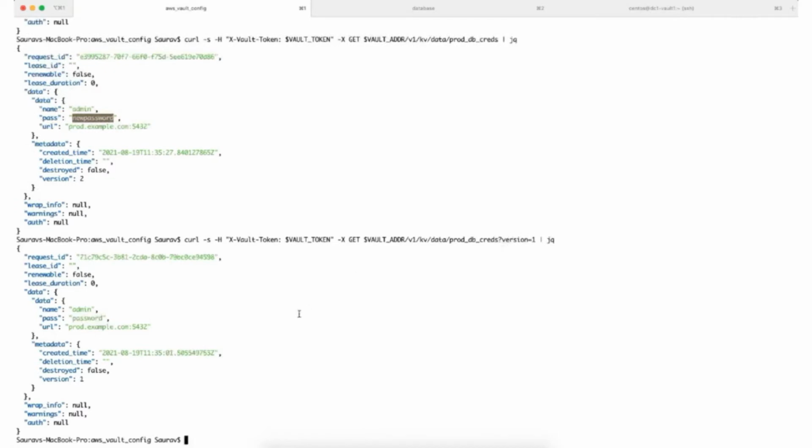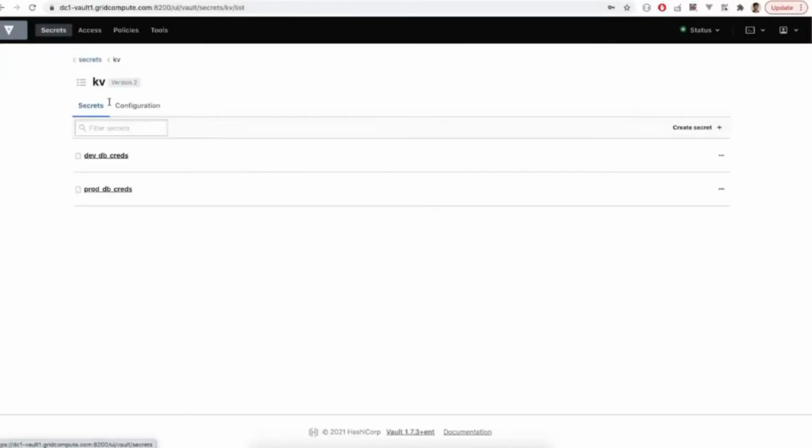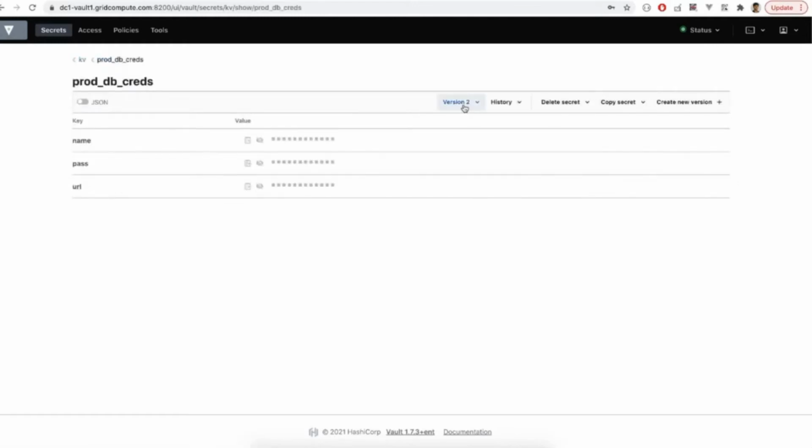From the web user interface you also see the same thing, and over here you can see there are now 2 versions. You have the provision to delete a version, which will be a soft delete, and the metadata will reflect the latest deletion date, whereas you can also permanently destroy the version. Under the history tab you can see 2 of your history versions, and you can delete the entire secret or create a new version from your existing latest version.